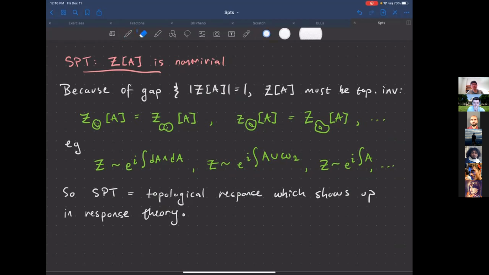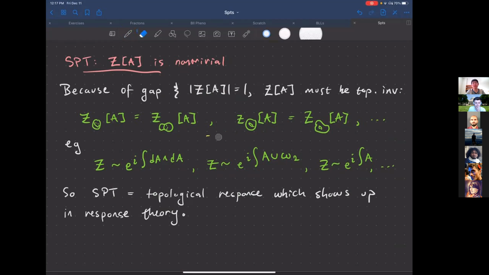And likewise, the partition function on this torus is going to be the same as on this more ugly torus, right? Now, remember I said that the ground state degeneracy does not depend on the manifold that we're going to put it on. And so the magnitude of Z on a sphere is counting the ground state degeneracy. The magnitude of Z on a torus is going to be equal to 1, but the phase here can be different, and the way in which it's different is going to be a function only